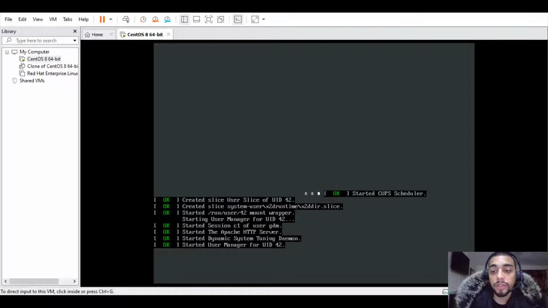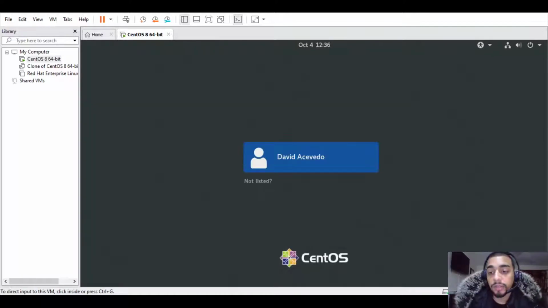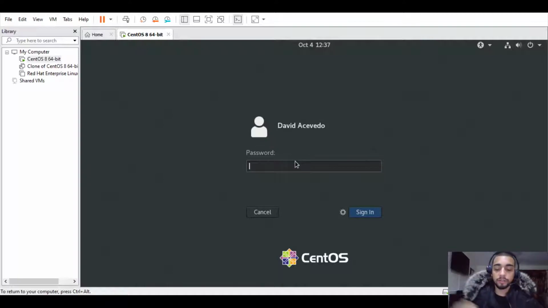I noticed some of my videos weren't showing the Red Hat Enterprise Linux operating system imaging, so I have to go troubleshoot that and figure out why. I'm not gonna do that right now, so I'm just gonna deal with the CentOS box so you can see what's going on while I'm working my way through